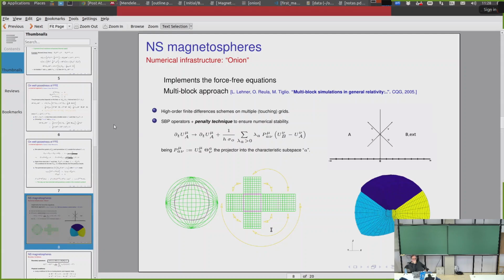In principle, we have these 6 grids, but then of course we can further parallelize this by adding additional layers, starting from the outer sphere of one domain that touches the inner sphere of the next layer, and so on. So you can construct multiple layers, multiples of 6, of course, and it all relies numerically on the use of high-order finite difference schemes,